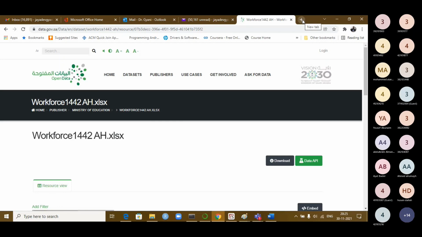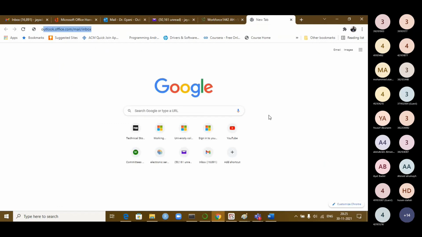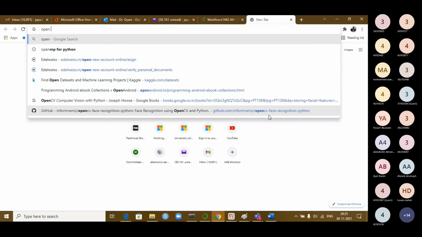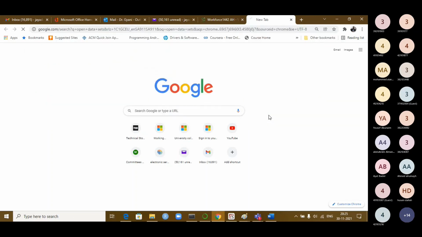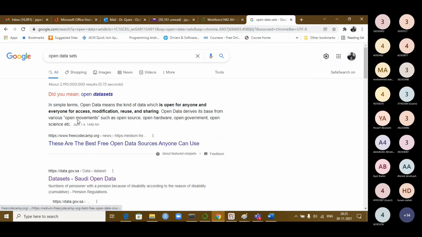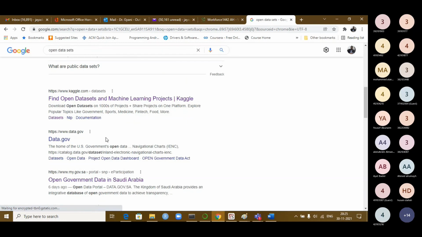You can use it for that. There are also open datasets available. So many repositories of open datasets. Just type it in and try different datasets, and you will get them. They are open for everyone, not only for Saudi. Machine learning datasets from Kaggle you have.